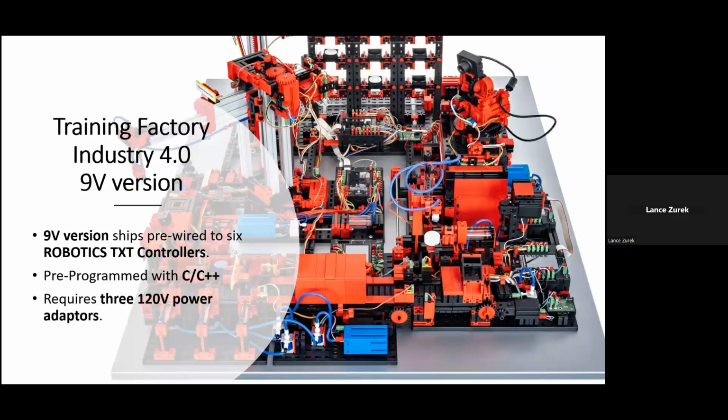Now, in the case of the 9-volt version, the control is facilitated through the use of 6 Robotics TXT controllers. And unlike all the other 9-volt versions that we looked at previously today, in this case, they're programmed not using RoboPro, but instead using C, C++. In this case, all the